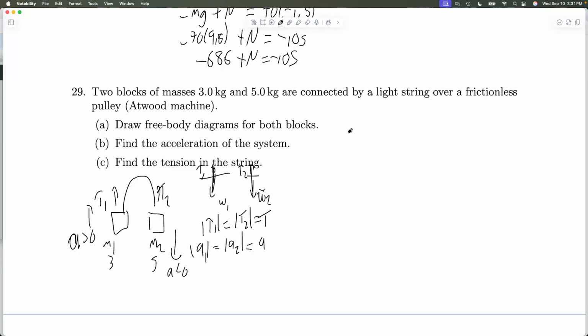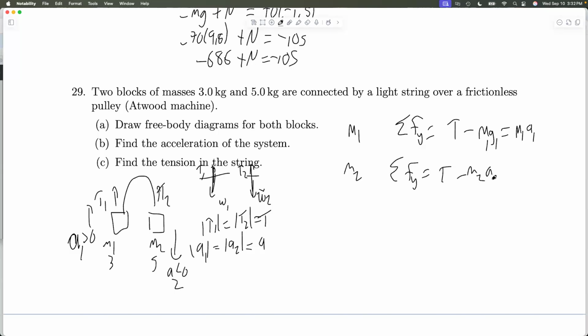All right, so for block 1, the sum of the forces in the y direction will be T, that tension up, minus his weight, m1 g1, and that must equal m1 a1. Call that equation 1. For m2, the sum of the forces in the y direction, T minus m2 g2, must equal